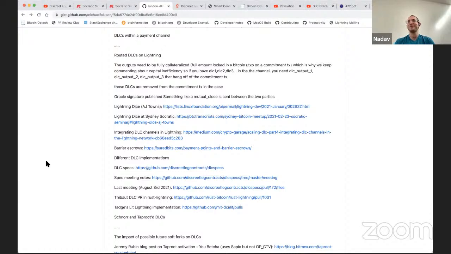And I believe Roast Beef responded to this mailing list post being like, I wouldn't call this minimal change. This is the largest change that would have ever happened to the Lightning network. You're changing the state machine. And I was like, okay, I guess you're right. But anyway, for context, Roast Beef once said this would be the biggest change to Lightning that has ever happened. Not DLCs, just to be clear, something much smaller than DLCs.